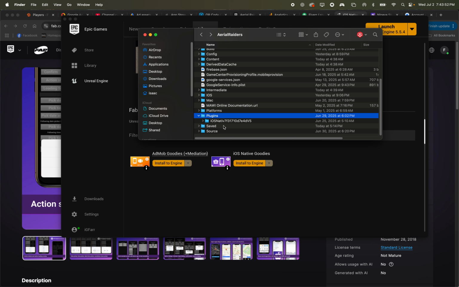I wasn't able to get iOS sign-in working correctly until I did this, and I did also make a couple very small code changes, but I don't think those actually were the problem. I think the problem was the way I was importing it in here. If you still have problems, I can't share their full code, but I can help you with the changes that I made that I also did at the same time as when I got it working. So anyway, once you have this set up,